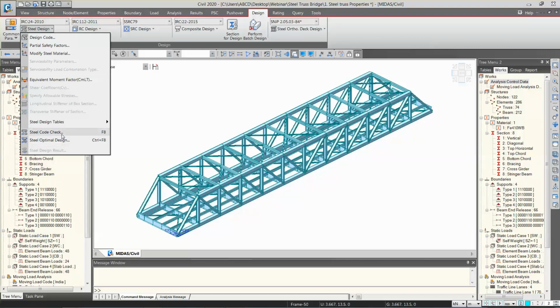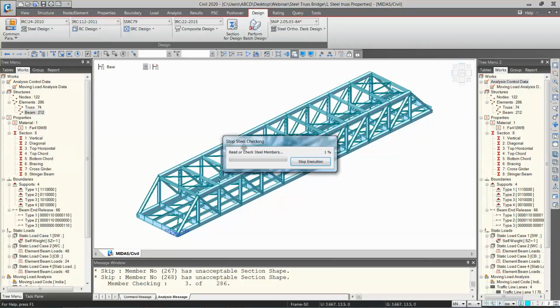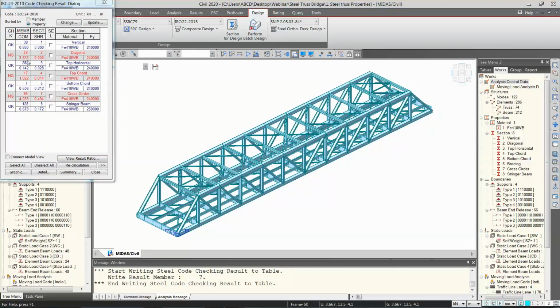So I'll go to steel code check. Now, yes, okay, so diagonal, top chord and cross girder, these are not passing.